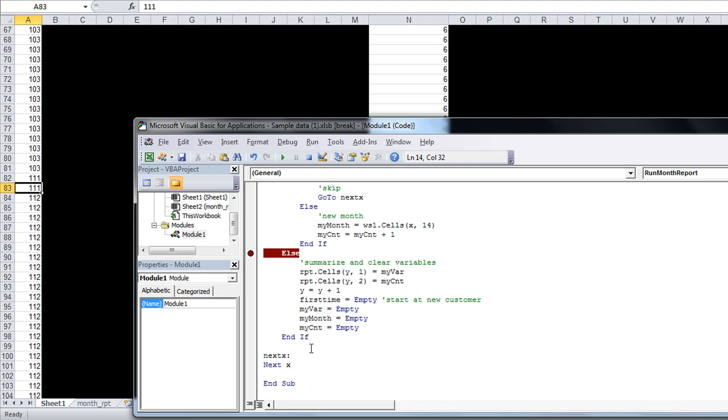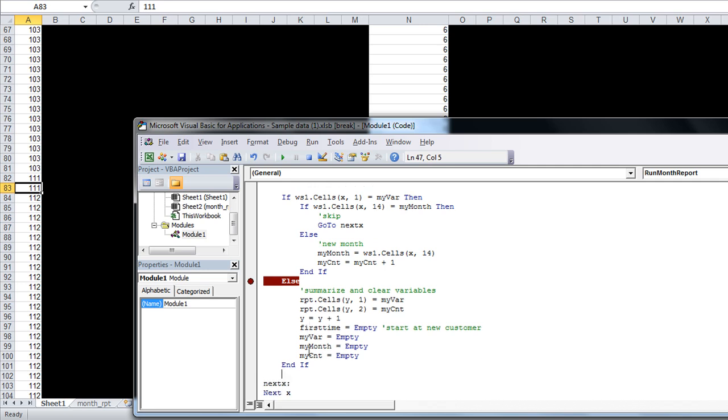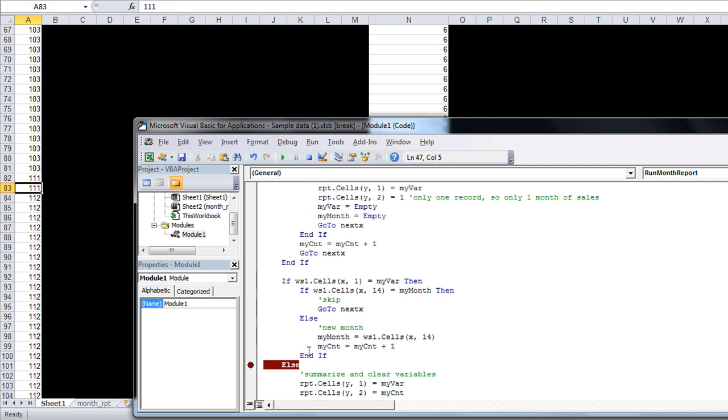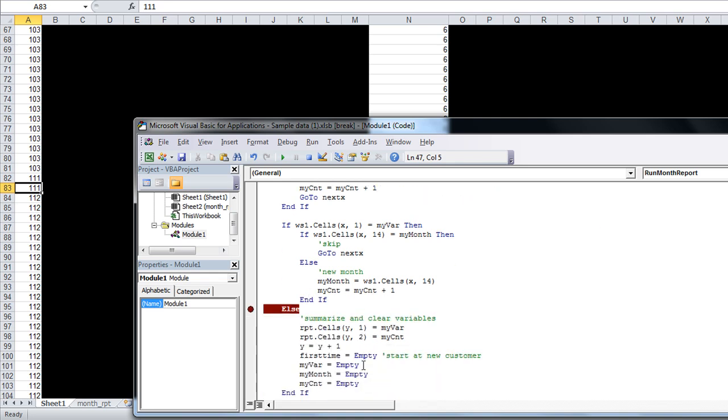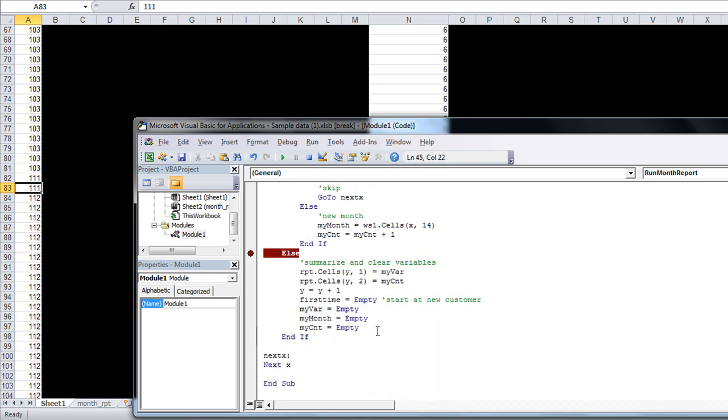Well, there are two things that I could do if this next x is going to throw us off, because we didn't necessarily need to go forward one. I would say it should be at 82. When we get a successful one of these and it goes over to the report, I would say x equals x minus 1,